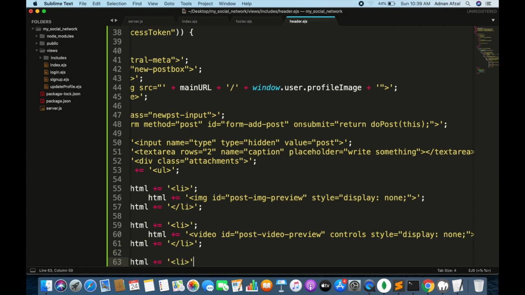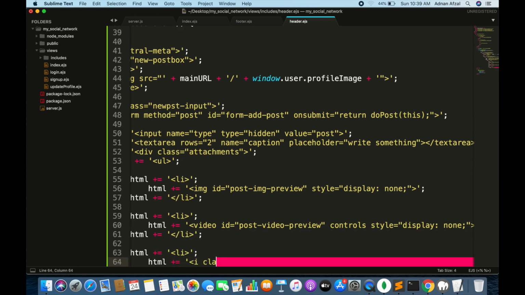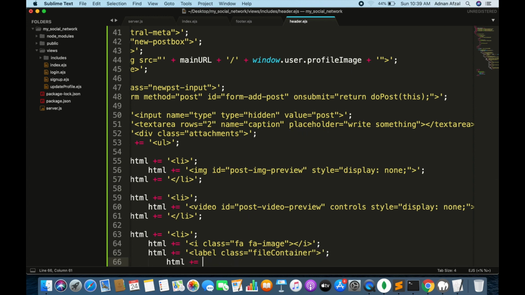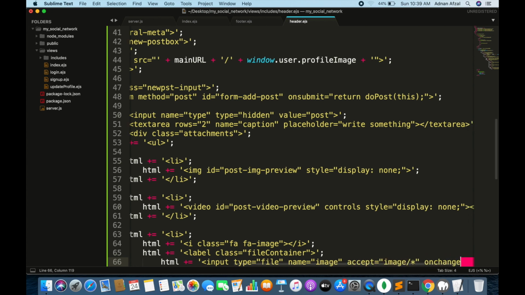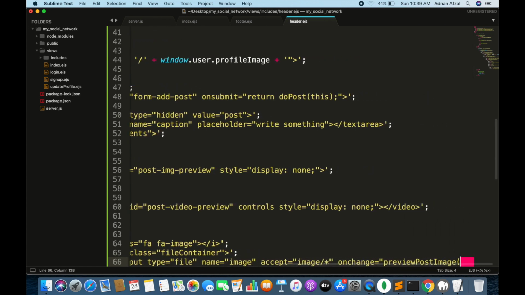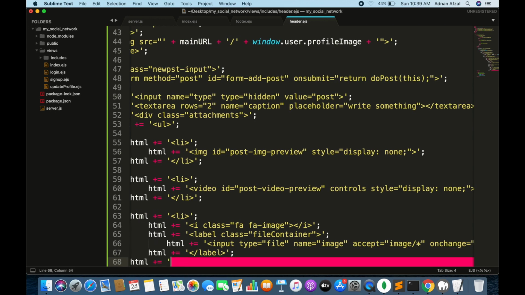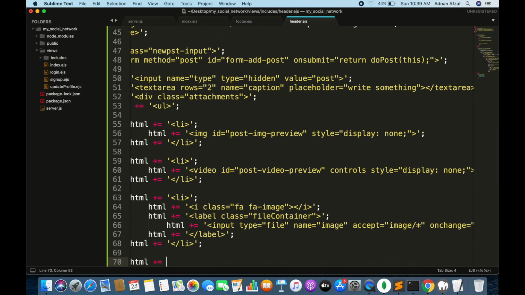Then create an image icon which when clicked will allow the user to select a file, and that will be an input type file. And same goes for video.